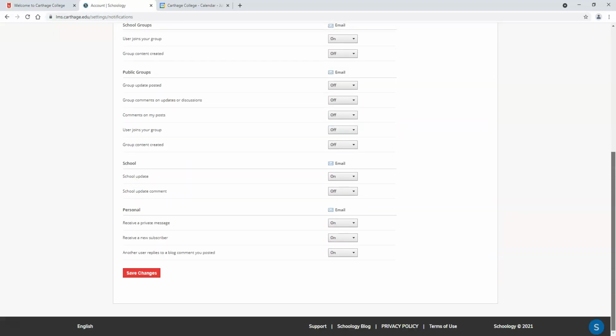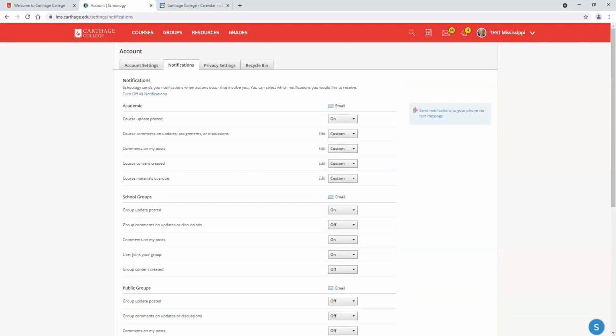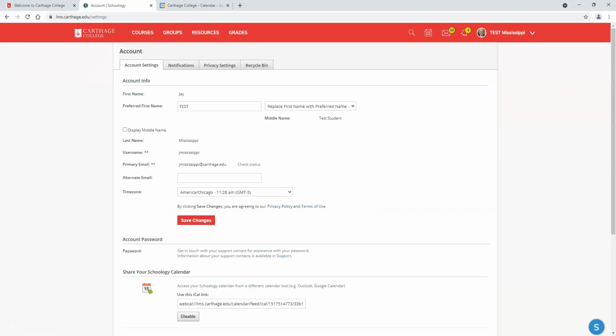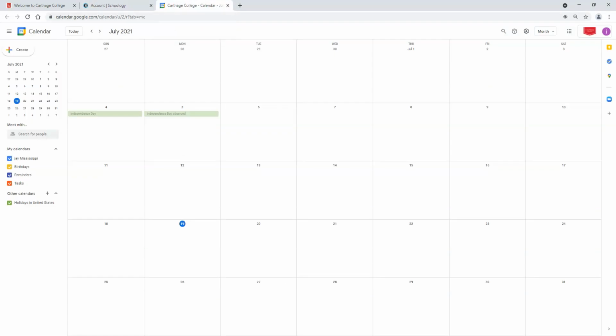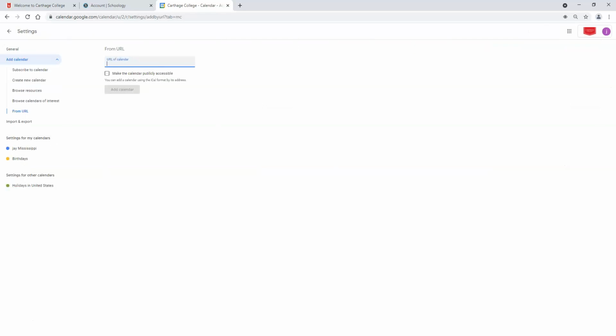So once you do that, if you were to make some of those changes, just scroll down to the bottom and hit Save. Now we're going to take a look at how to add your Schoology calendar to your Carthage Gmail calendar. Do this by going to Account Settings here. About halfway down, you're going to see Share Your Schoology Calendar. So go ahead and just copy that iCal link. Go to your Carthage Gmail calendar. And on the left-hand side, where it says Add Other Calendars, click on the little plus arrow, choose From URL,